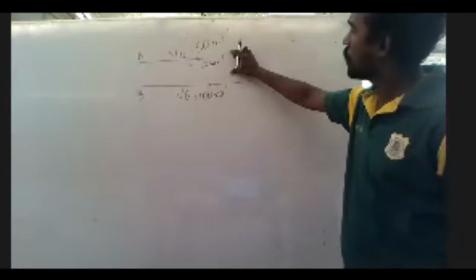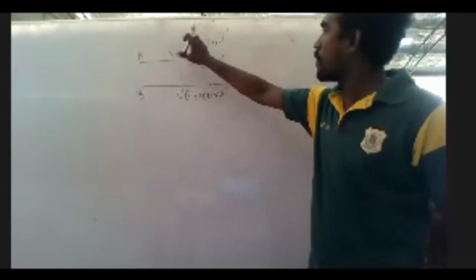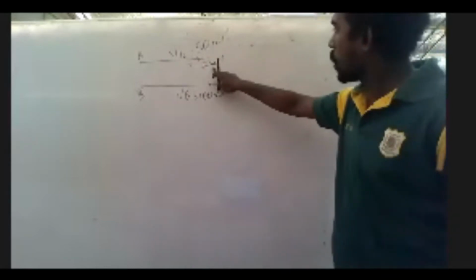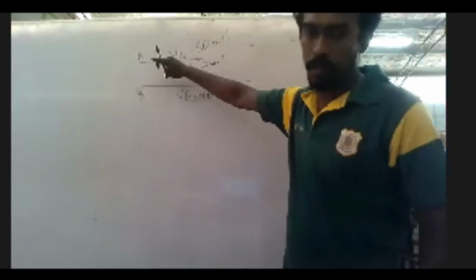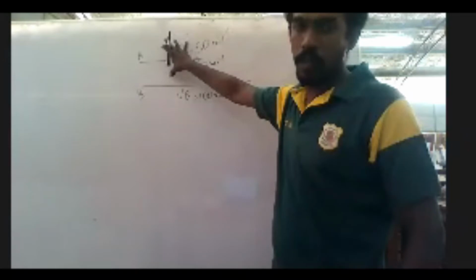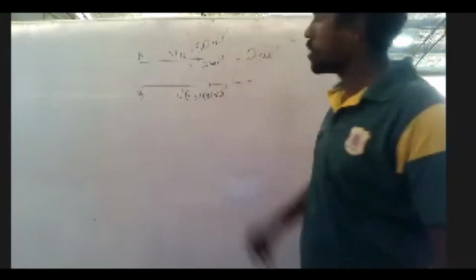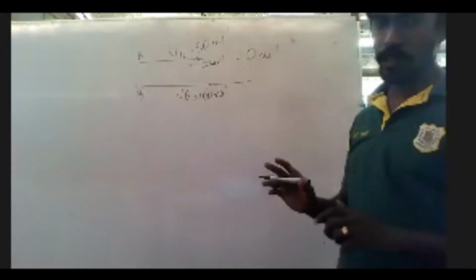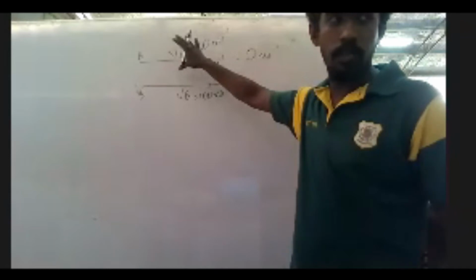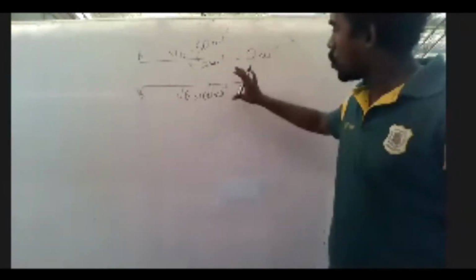When I give this velocity opposite to the direction I already have, what will happen? VA is 50 meters per second this side, and now I am applying another velocity of 50 meters per second that way. So altogether, the resultant velocity of this body is 0 meters per second. Now I have stopped this body from moving. Now this body is not moving.